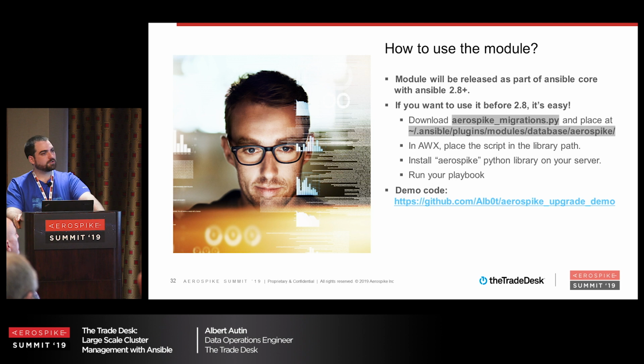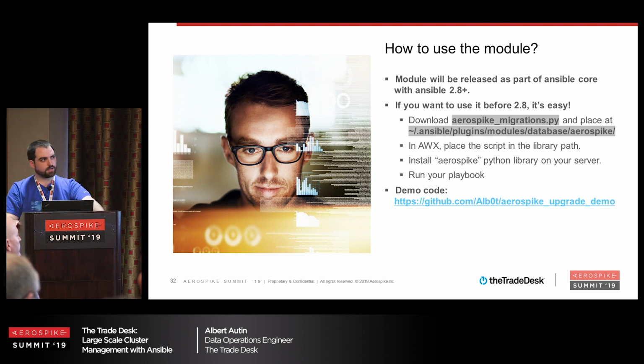So if you want to use the module before 2.8 comes out, you can just grab the Python script. It's just some plain text. There's nothing crazy looking. And you can place that in your Ansible plugin path or your AWX library path. And I have a